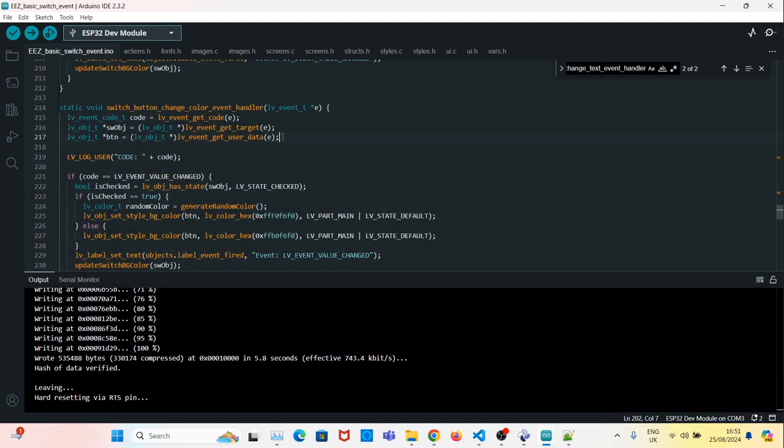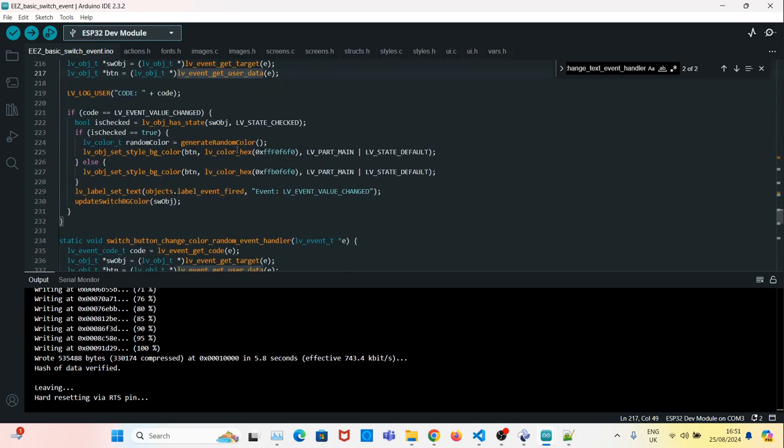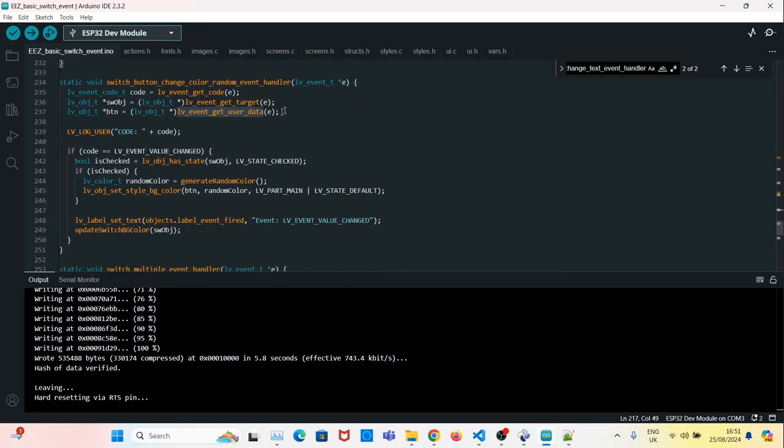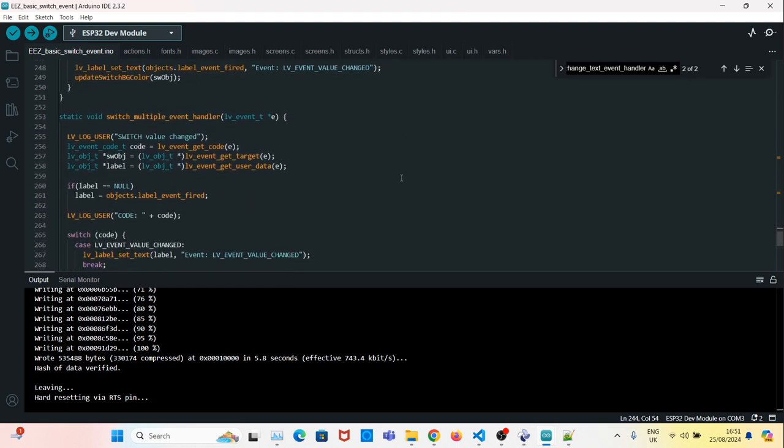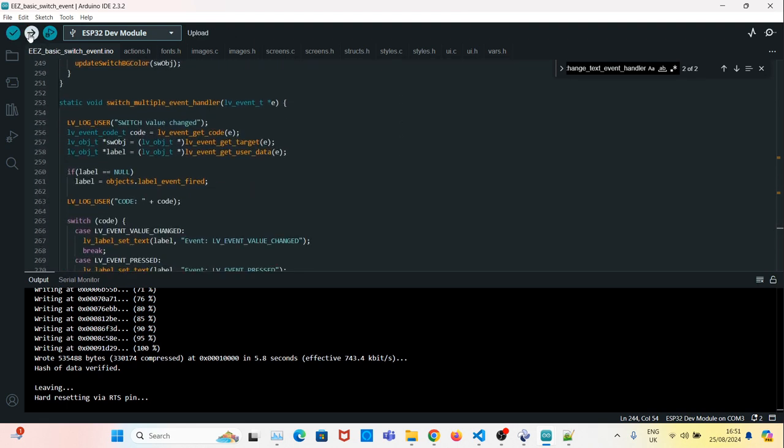The fourth one has similar code: get the code, target, and the button, and simply change the color of the button. And the fifth one, get the code, the target that generated the event, the button, and in this case we're generating a random color and then setting the background of the button. So each time you click it, the button background should change. And now you just simply click upload, and